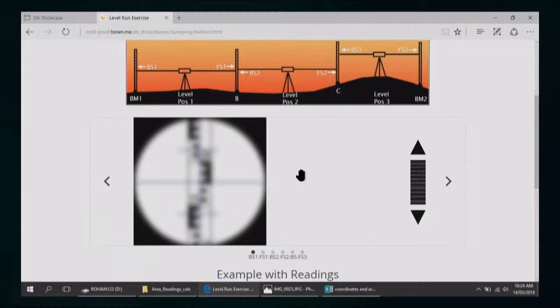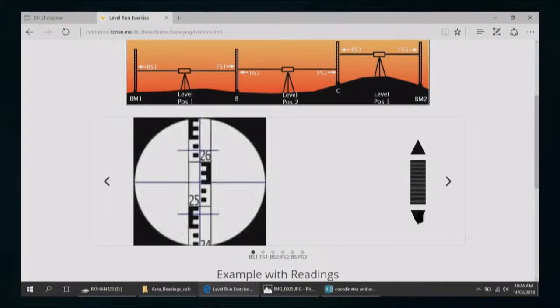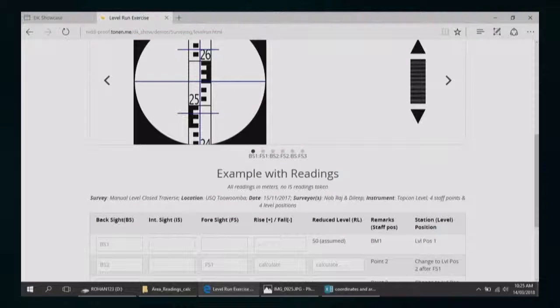Now, the level run requires focusing, so I've simulated focus here. So they have to try and focus and take a reading, a very sharp reading. So that's the sharpest I could get. So we have 2.5 meters, 2.51, 52, 53, 54, 2.545 meters would be this reading, and that's BS1, so you enter it